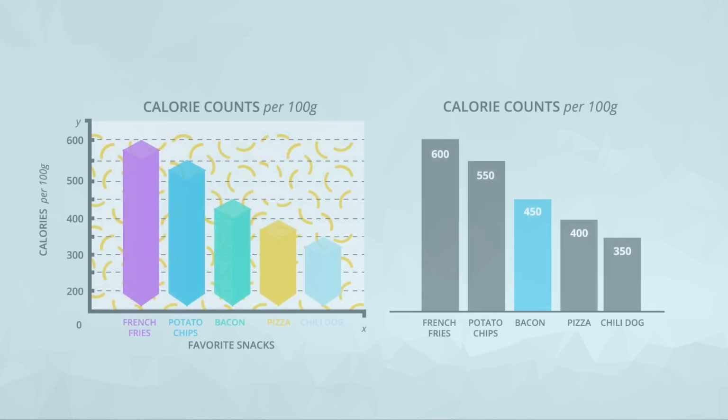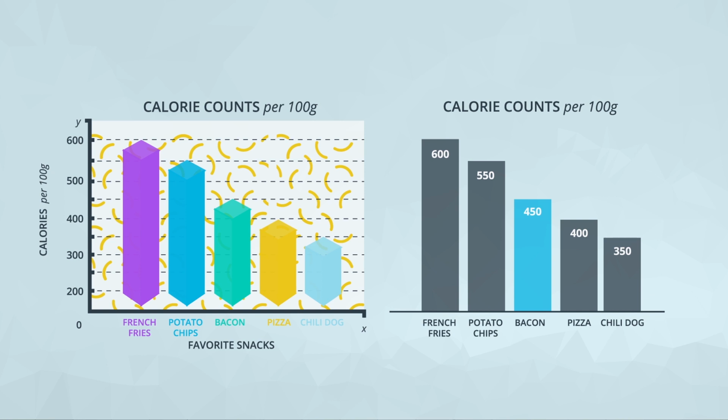Recall that 3D graphs, including gradients and shadowing, can be misleading. So let's flatten out these bars and remove the drop shadows to make it more clear. We can also make the data stand out by reducing the boldness of these labels and grid lines. If we want to go even further, we can remove the lines entirely and encode the label values directly into the bars, like this.